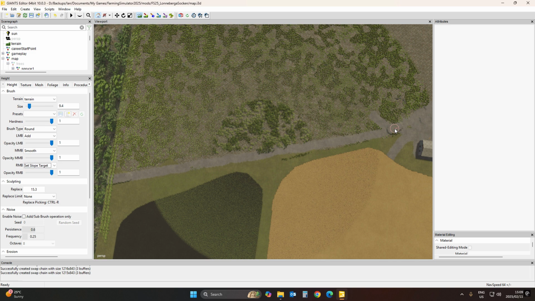So with the right mouse button, I'm going to click there, and you're going to see it's going to make a little dot there. So that's what you want to work towards. And now we're going to go here, and we're going to select slope. So what it's going to do now, the moment I click my right button, it's going to check the height here, and we're going to run now just all the way down